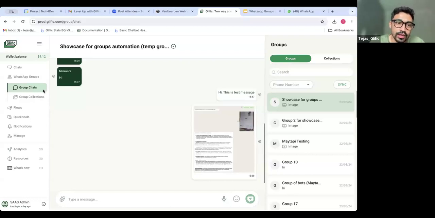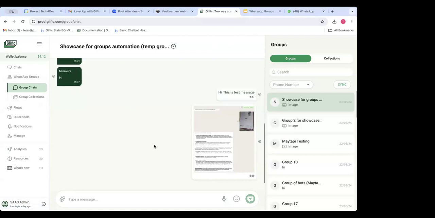अगर आपको एज एन एडमिन ग्रुप्स मैनेज करना है ऑटोमेट करके, तो आपको आपके ग्लिफिक के अकाउंट में लॉगिन करना पड़ेगा। और आप फिर यहाँ पे फ्लोज बना के, या फिर यहाँ पे आप इस तरह से कर सकते हैं। ये फोन पे तो व्हाट्सएप जैसा दिखता है वैसा ही दिखेगा। जब आप इससे मैसेज रिसीव कर रहे होंगे, तो फोन पे आप जैसे व्हाट्सएप में नॉर्मली रिसीव करते हैं वो वैसा ही दिखेगा। ओके ओके सर, थैंक यू।